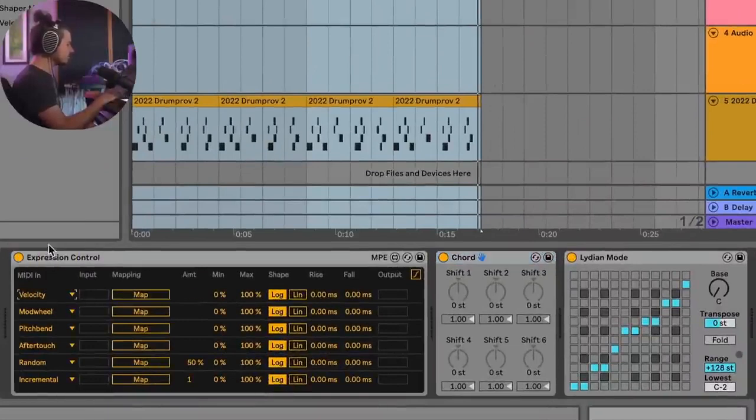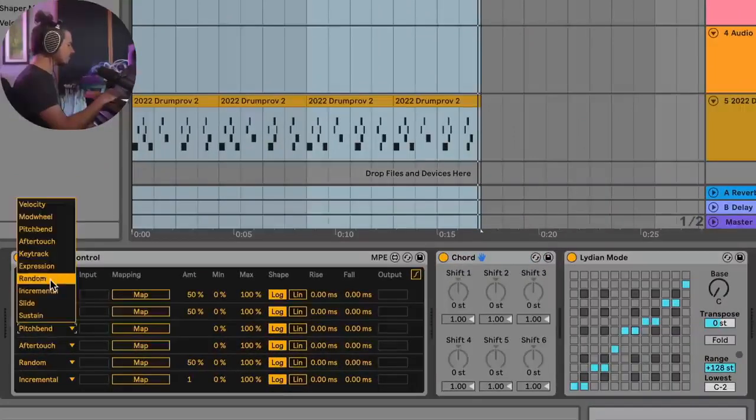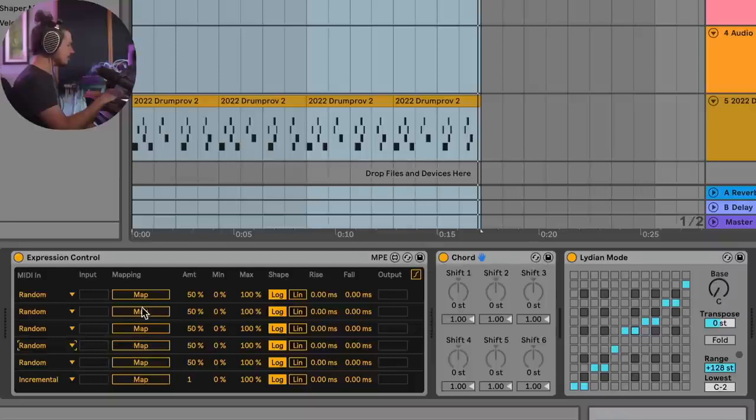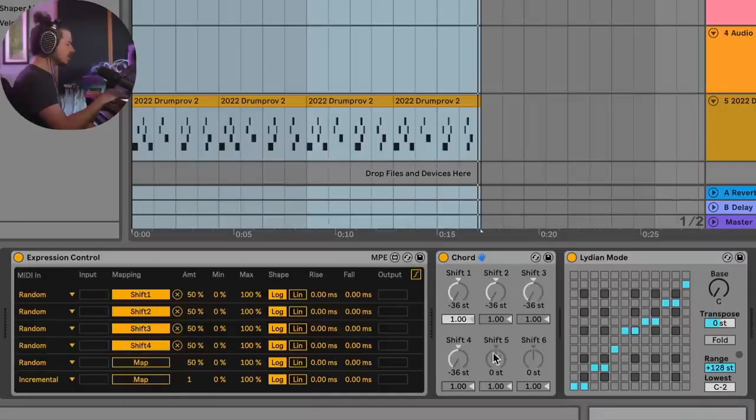We're going to switch this over to random mode. So there are 6 lanes to do different things. We're going to choose these first 4 lanes to do random, okay? And the next thing we're going to do is map those to the different notes inside of this chord. So we're just going to choose 4 notes. Because I'm not editing these other ones, these actually won't generate any output, just the shift 1, 2, 3, and 4. Now, if I go ahead and play this right now,